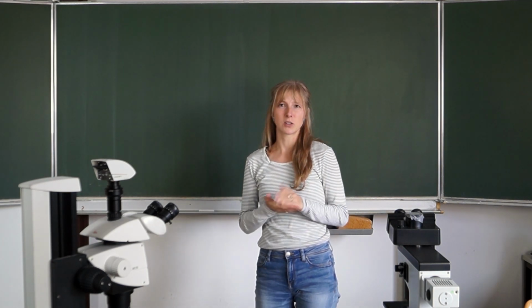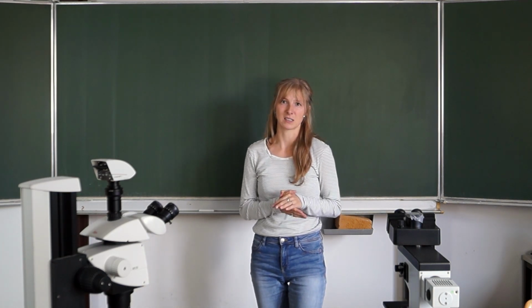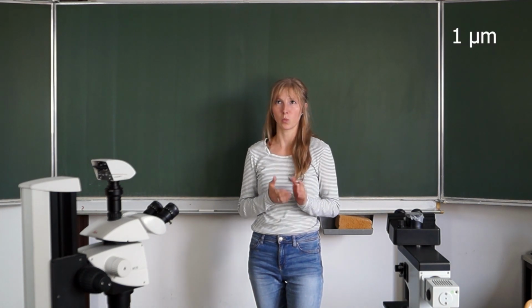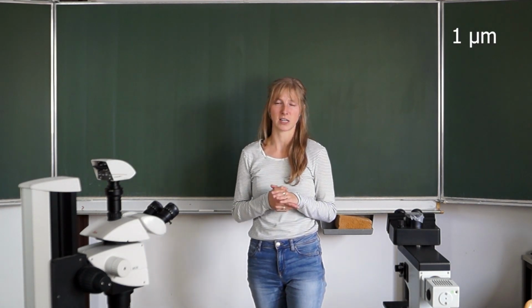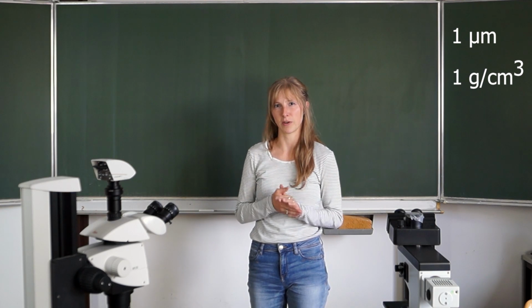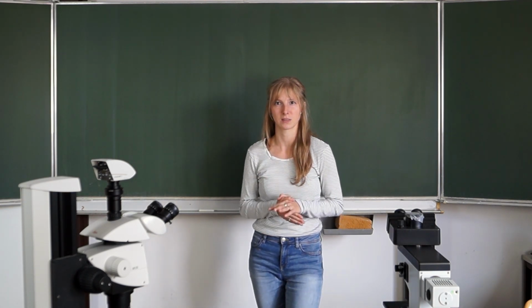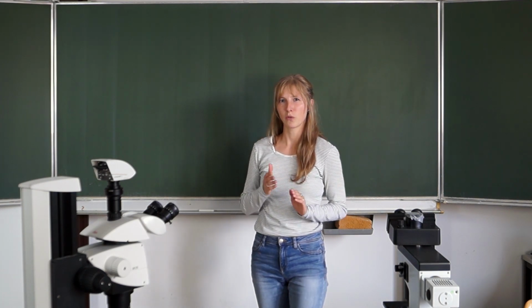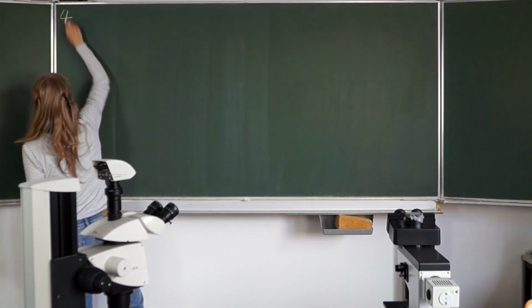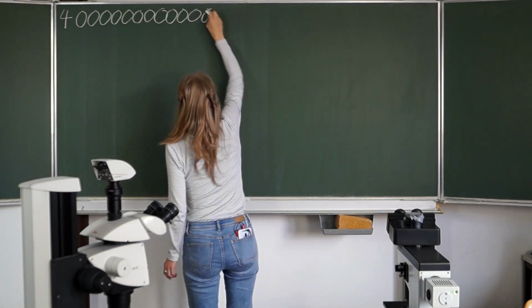If we assume that one microbead has a diameter of 1 micrometer and an average density of 1 gram per cubic centimeter, then those 4,000 tons correspond to 4 by 10 to the power of 21 individual